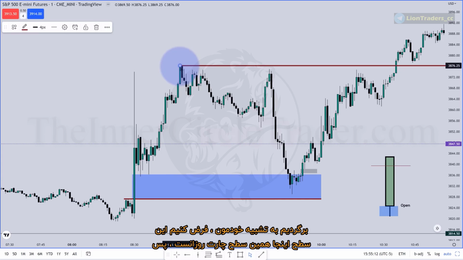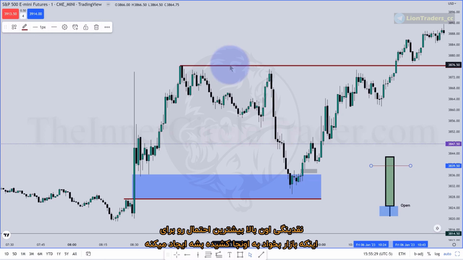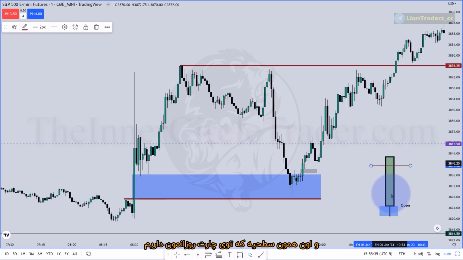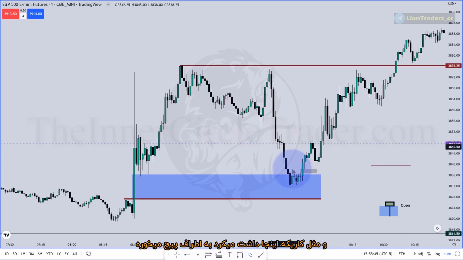So let's go back to our analogy. Let's assume that this level here is this level right there on the daily chart. For whatever reason, we think there's something up here that is going to be a draw on price. Liquidity up there is making the highest probability that the market will want to gravitate to that level. And that just happens to be on our daily chart. That's the level you would have. Well, while you're watching price, when it's down here,